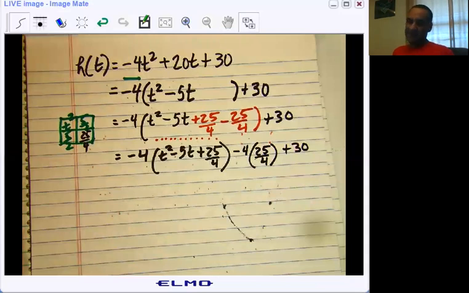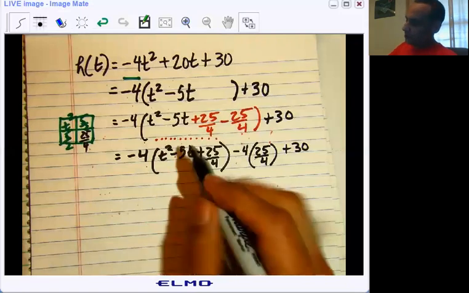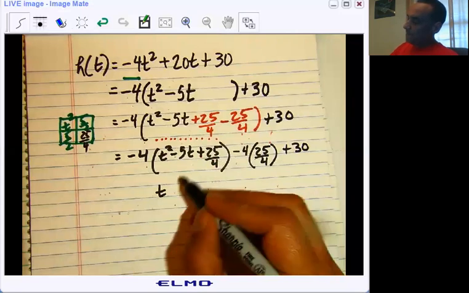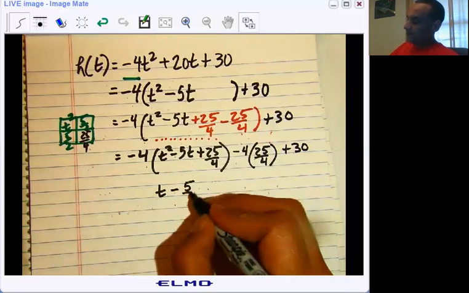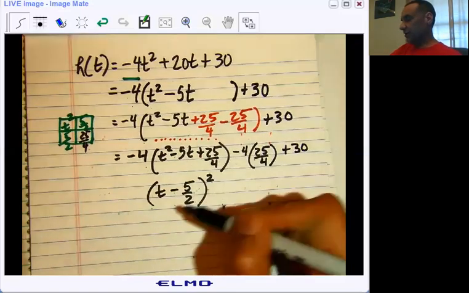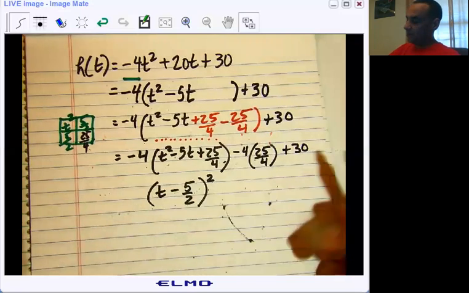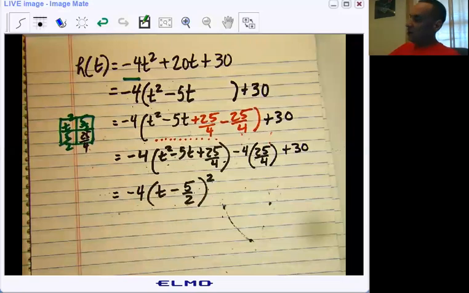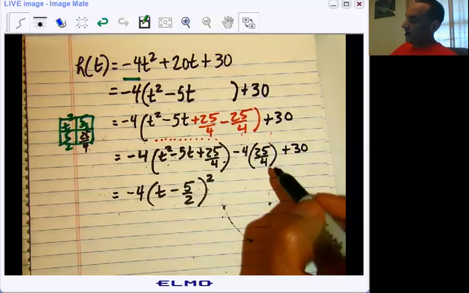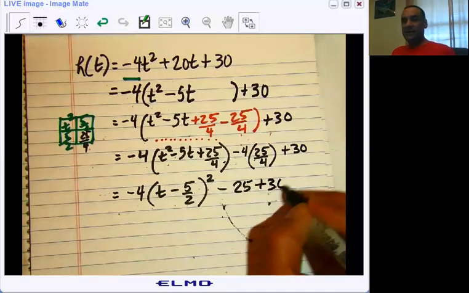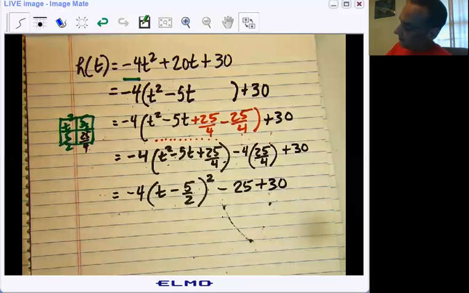It's just because they've never seen a square in which you have to take the square root of 25/4 and you're going to get left with 5/2. But if you do the algebra, squaring this will take you back to this expression. But I'll save the algebra once again for yourself for later. Now, 4 times 1/4 of 25 would be 25 negative, and then you add 30. And then that's going to simplify down to